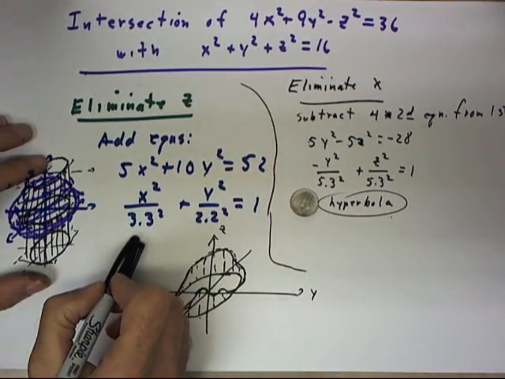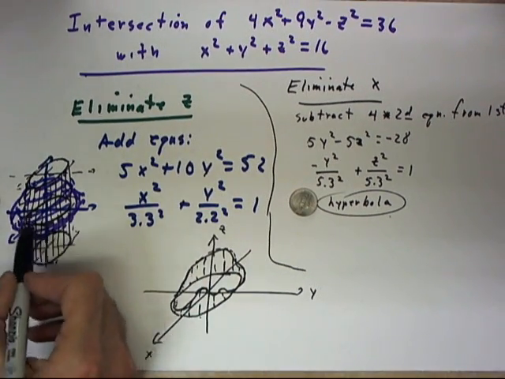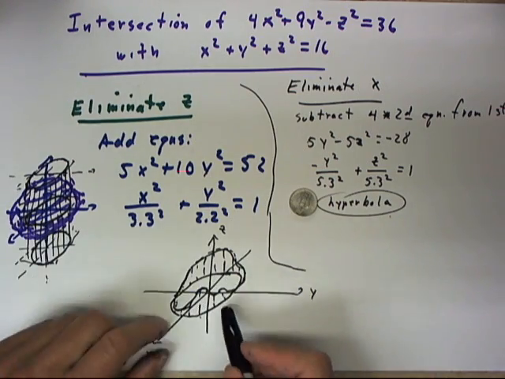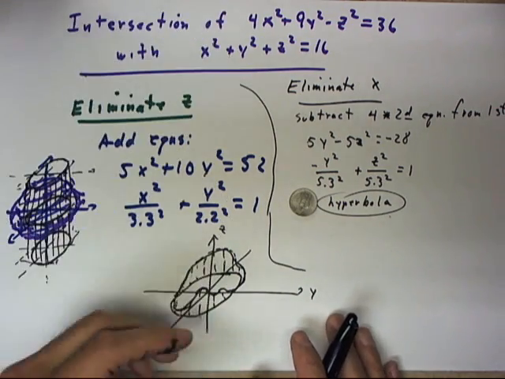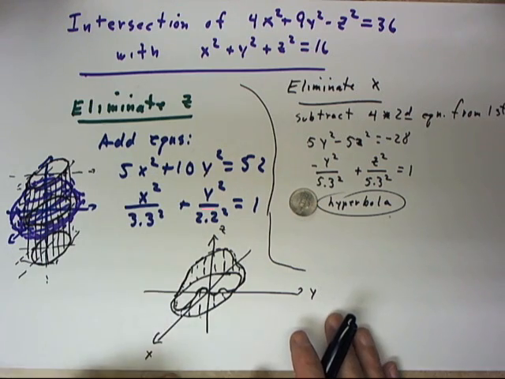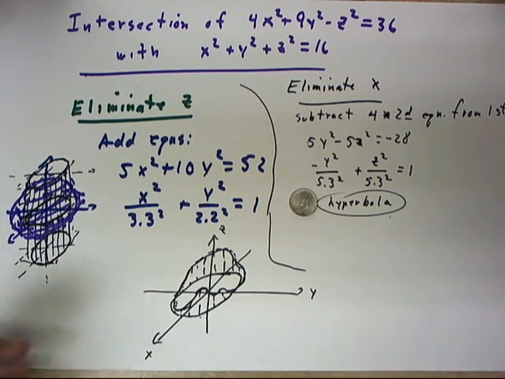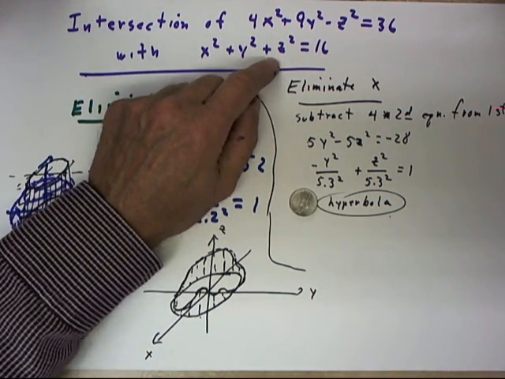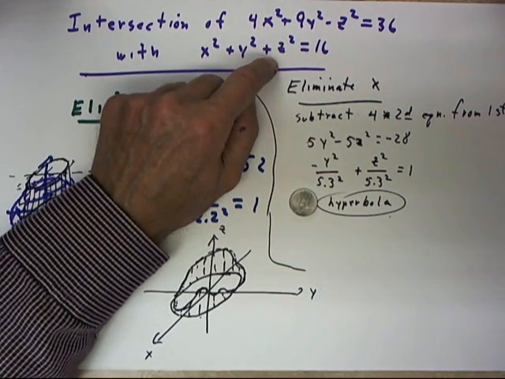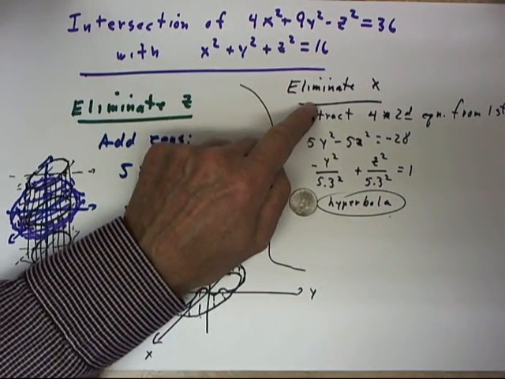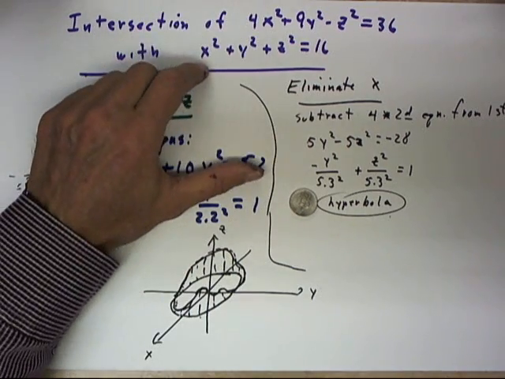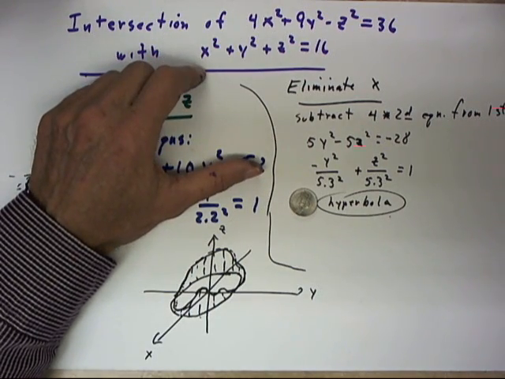We've seen what happens if we eliminate z. We get a locus of points in the xy plane, and the intersection of the two surfaces lies above or below that locus of points. Now, there's no reason it had to be z that we eliminated, just because z happens to be easy to eliminate. We could also have eliminated x, and that's easy to do if we subtract 4 times the second equation